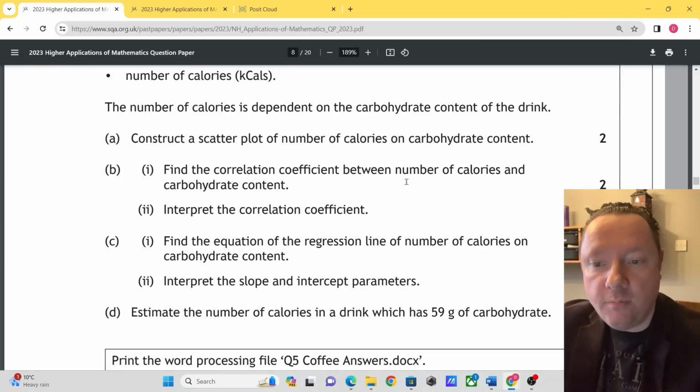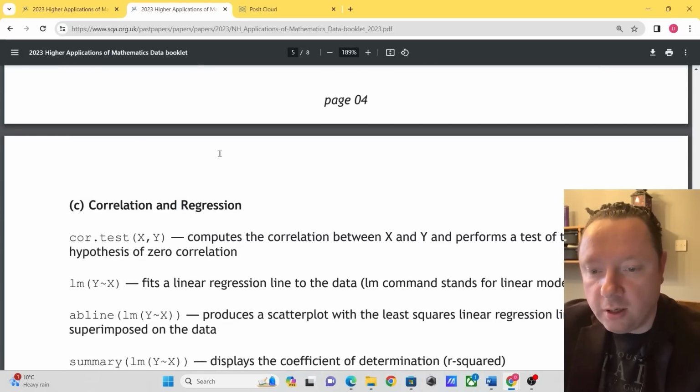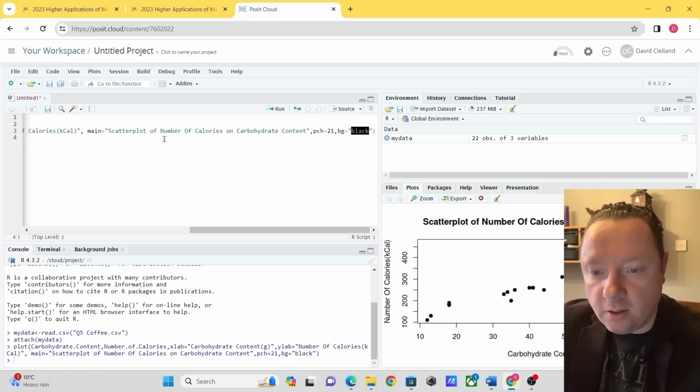And the data booklet is helpful for anything like this. Back to the data booklet, down to correlation and regression. The cor.test tells you the correlation coefficient. So it's cor.test xy, nice and simple there. So back into here,